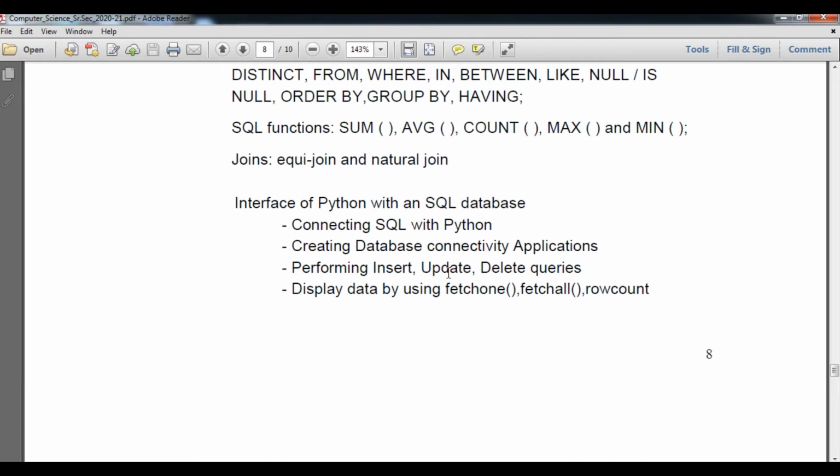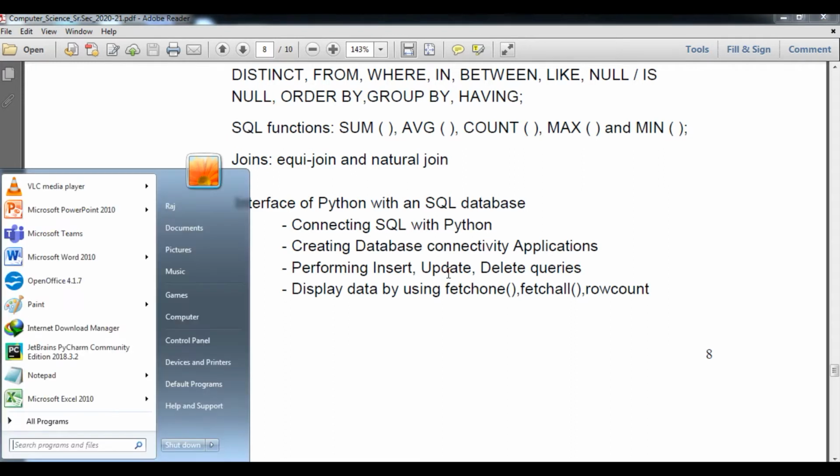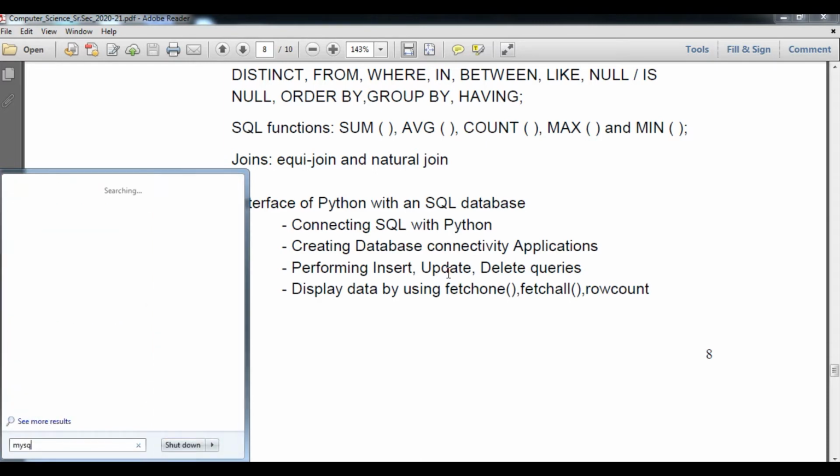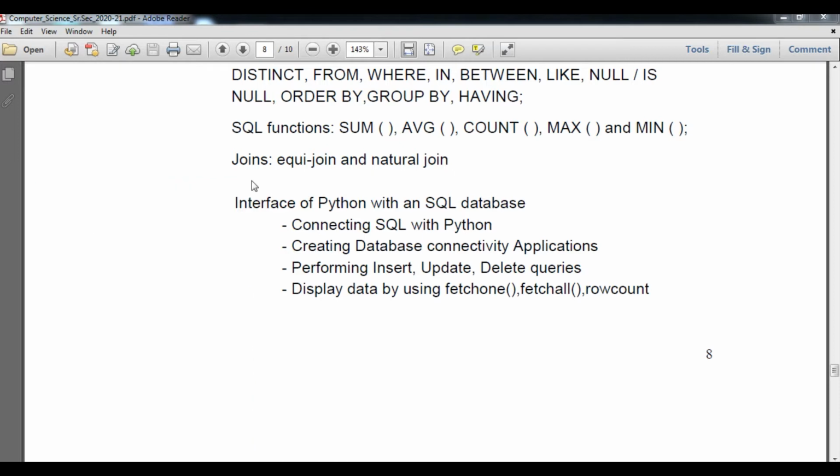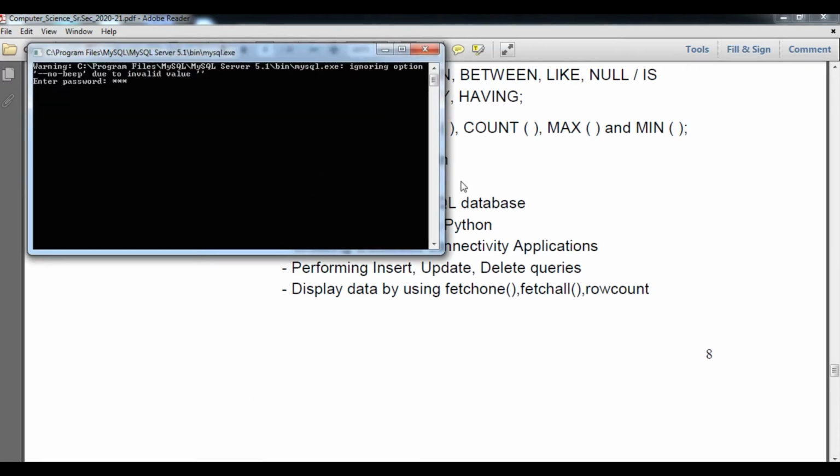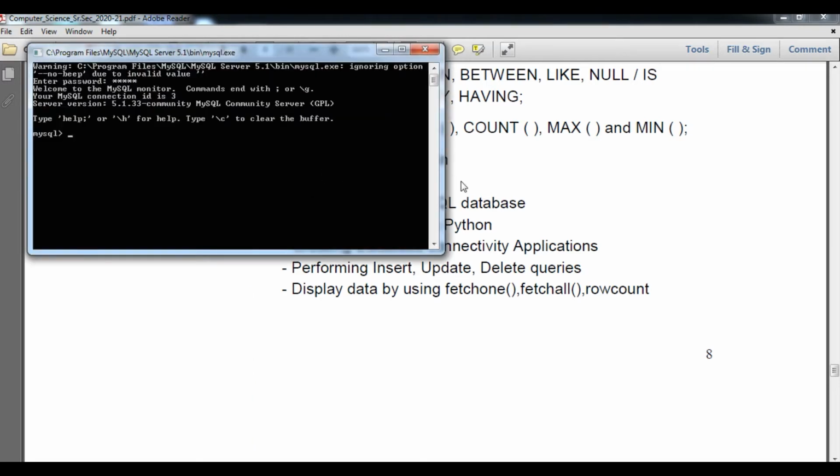to the MySQL database. So once I open the MySQL database, you have to simply type MySQL and then select the command line client and enter your root password, and you will see databases here. Now you can see the database has come. We have created a database, that is data.